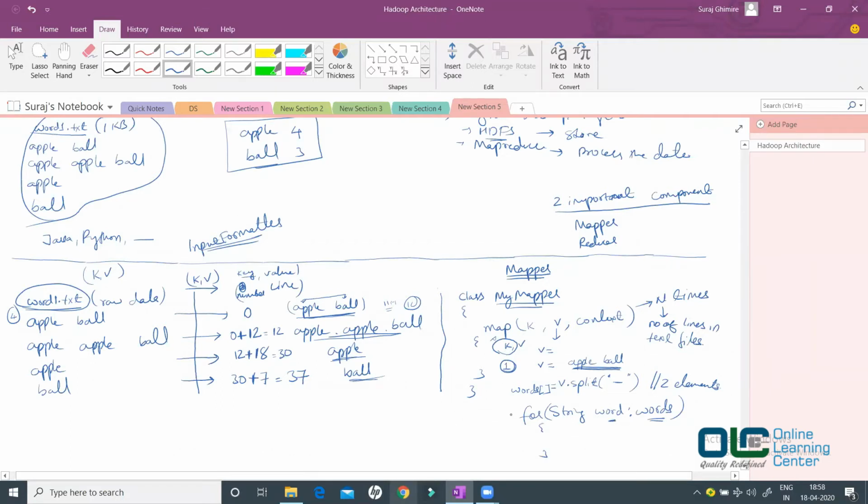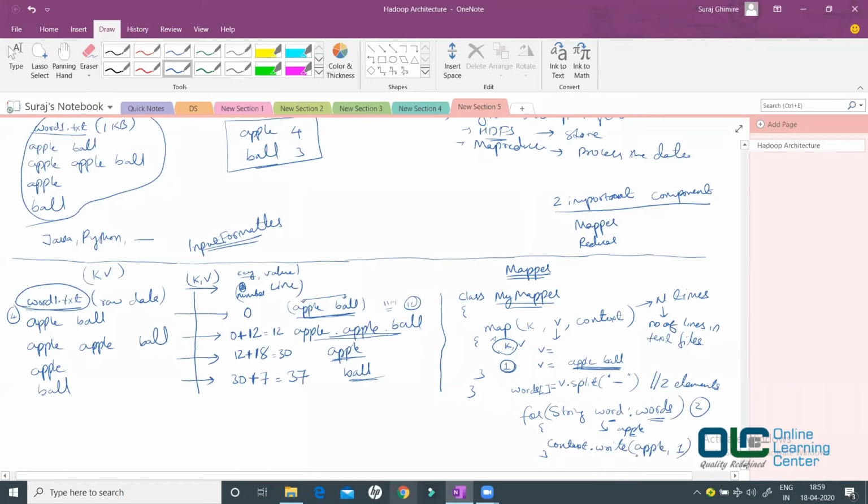This for loop will iterate how many times? 2 times. First time, what is the value of this word? Apple. Now inside this, there is a context object. What is the context object? We'll see that later. I'll say context dot write, I'll write apple and I'll write 1.